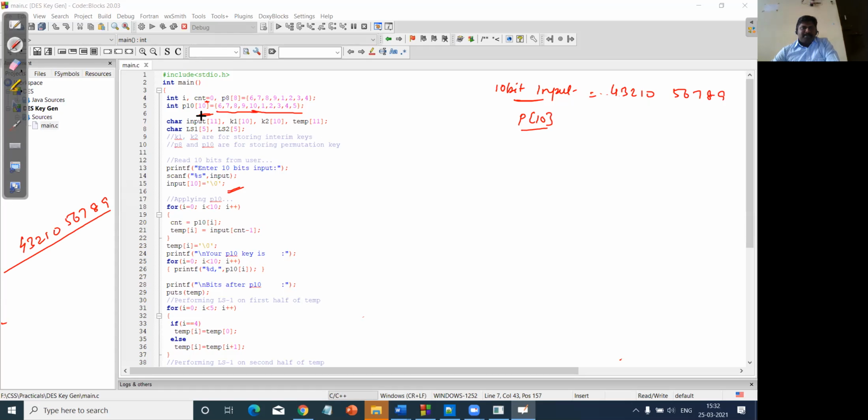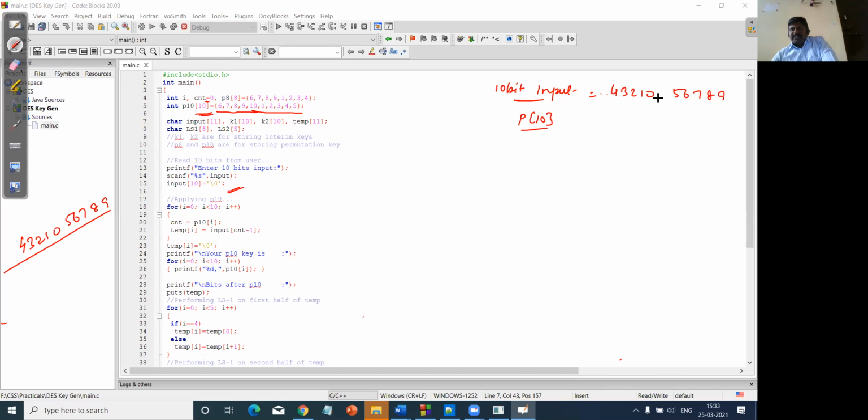So here my p10 position will be 6789. If I start from 1, because the program values I have started from 1 here, I did not start the value with 0, so here I am just considering 0 to 10.